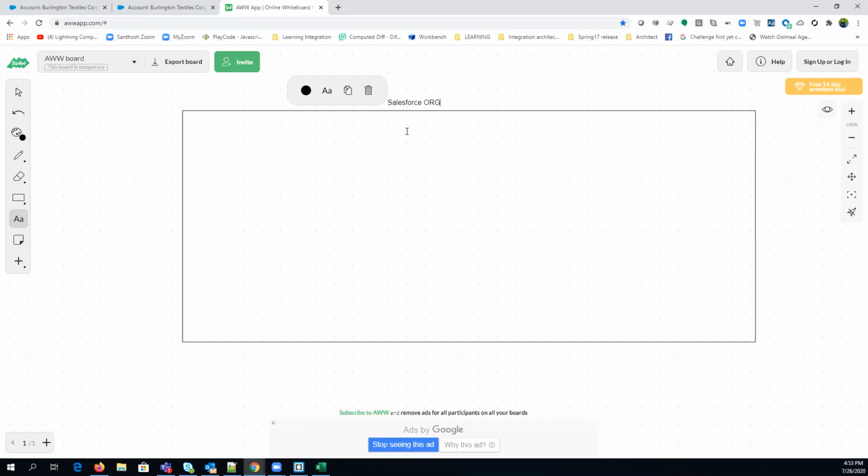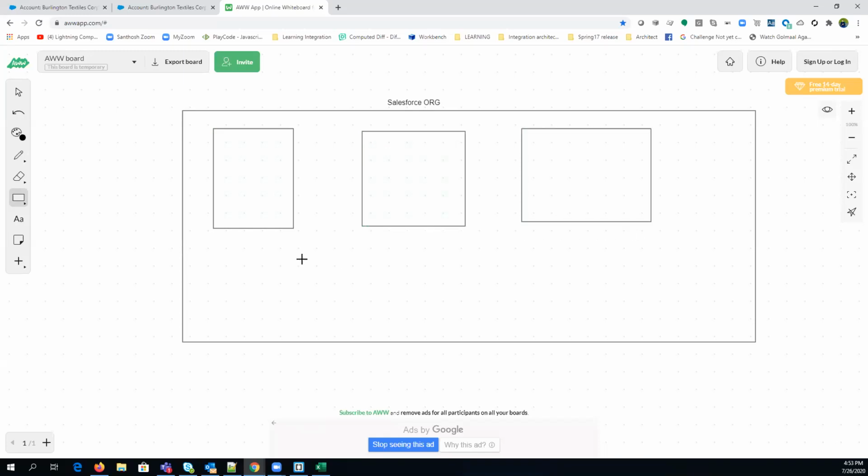Salesforce org, and you have different classes here. Let's say class 1, class 2, class 3, class 4, right? So if your classes are public, this is also a public class, and this is also a public class, right?